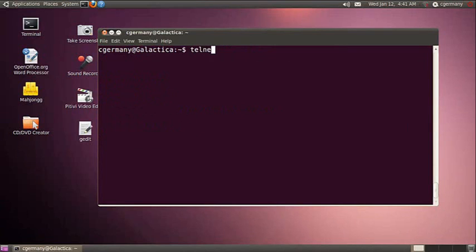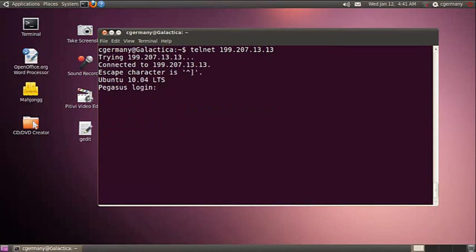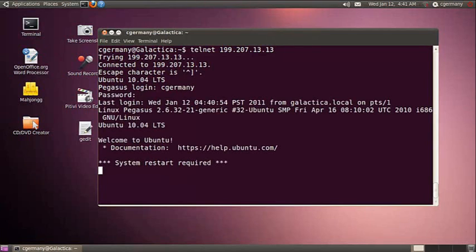We're just going to telnet, access the telnet daemon, 199.207.13.13. Okay. And we need to restart the server to complete the installation of telnet there, but